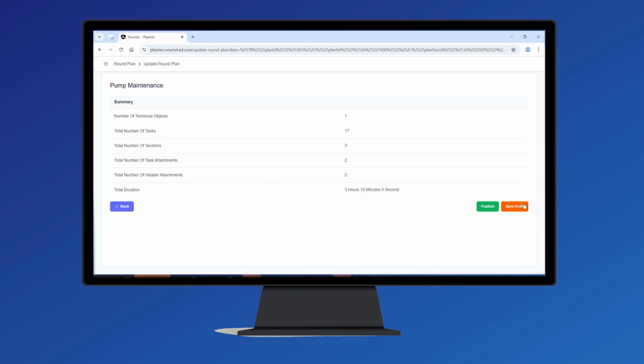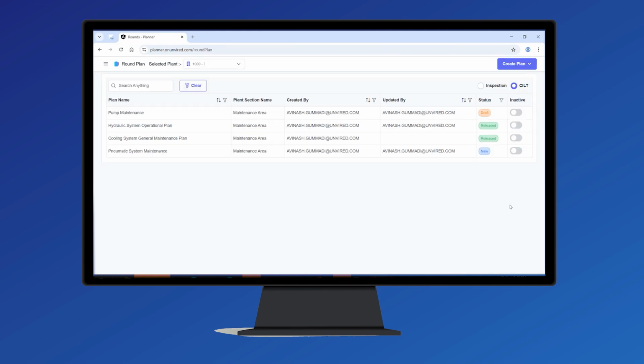So I'm just going to go back and I'm not going to save. I can save it as a draft if I want to with the changes, but since this is a plan that I've already scheduled, I'm not going to be doing that. But let's say I create a new plan in the CILT. When I create a new CILT plan,